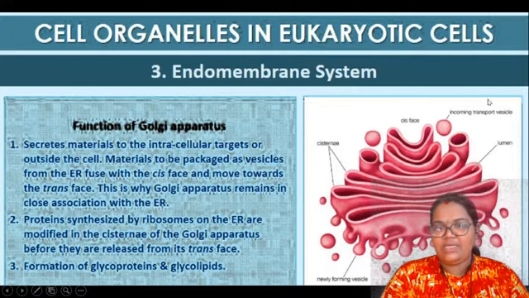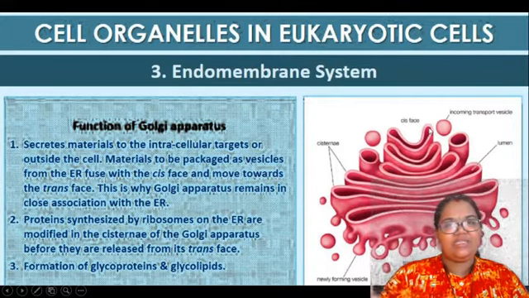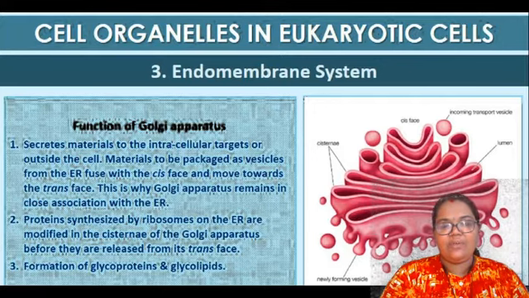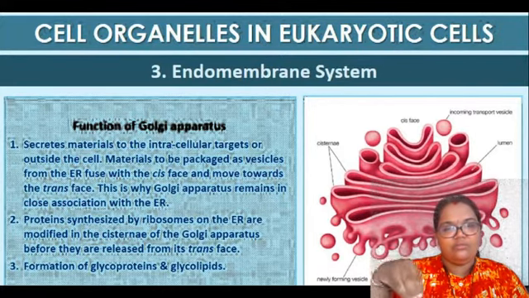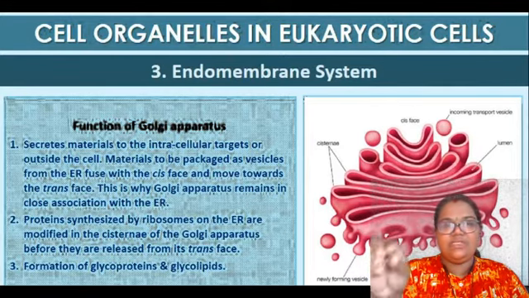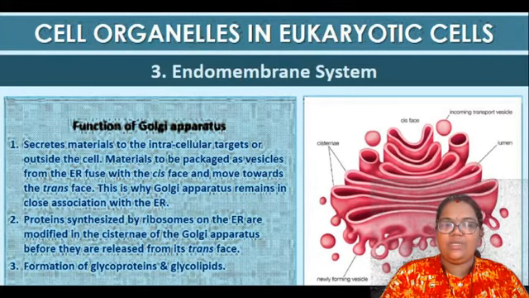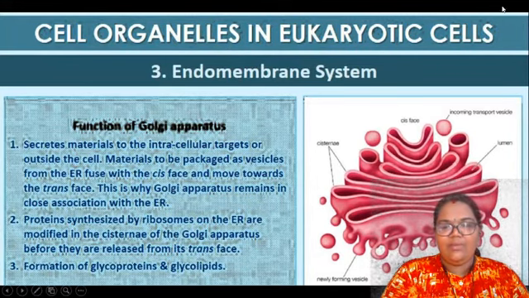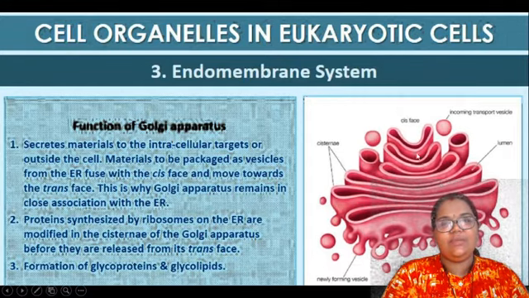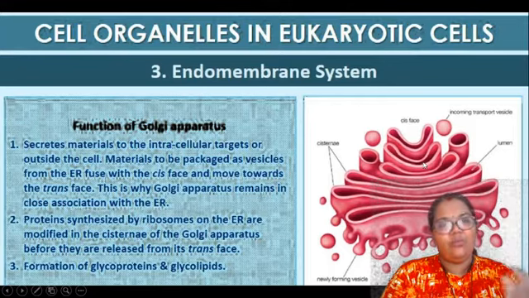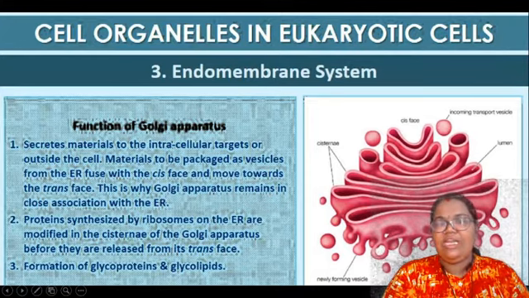So here you can see the cis phase, right? This is connected with the ER itself. So whatever things are produced by the ER will be packaged and transferred towards the cis phase, which is the forming phase, and later moved to the trans phase, right? In between, when the proteins or lipids are moving, structural changes will occur. That means they will be modified and packaged. At last you can see the vesicles are there, and in between they are maturing also, and they will leave from here, right?